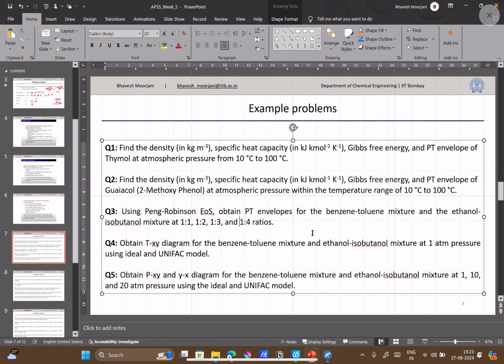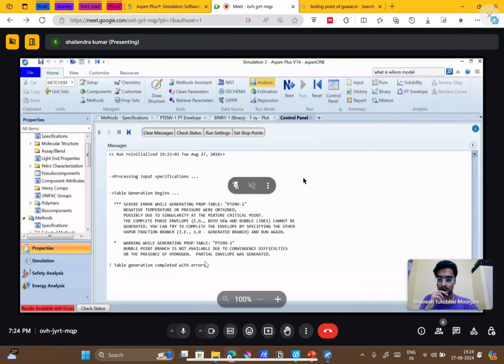Because I haven't tried out all of them. One more thing, sir. Yes. I have faced this during the analysis of ternary mixtures. Yes, go ahead. If I change the sequence of the components, the number of tie lines will change. The number of tie lines should not change. I think the orientation will change, but the number of tie lines, the composition and other stuff should remain the same.